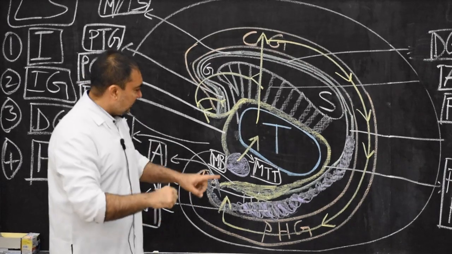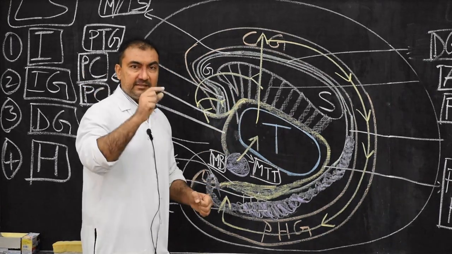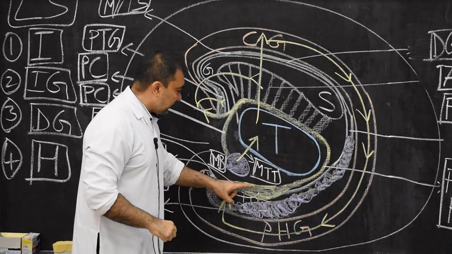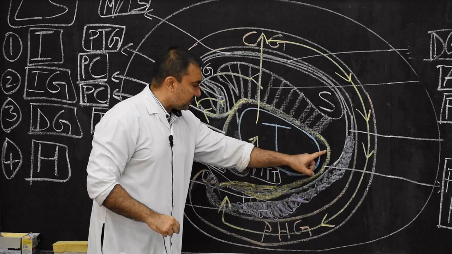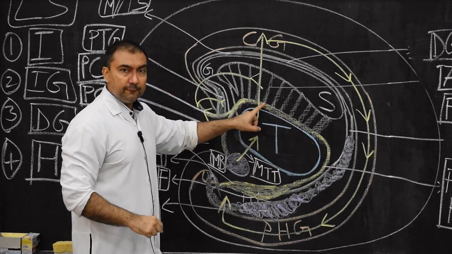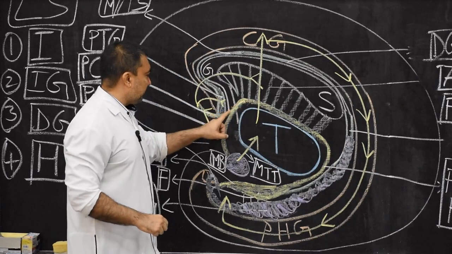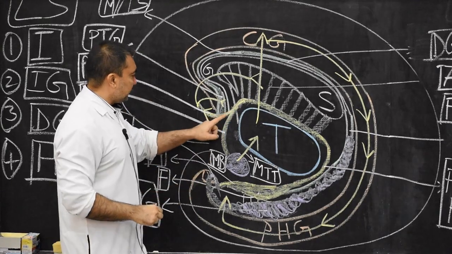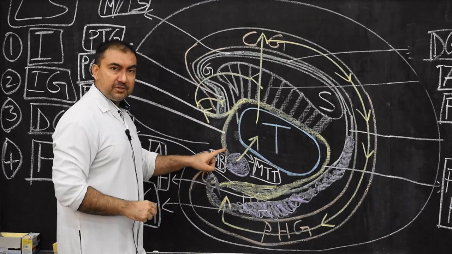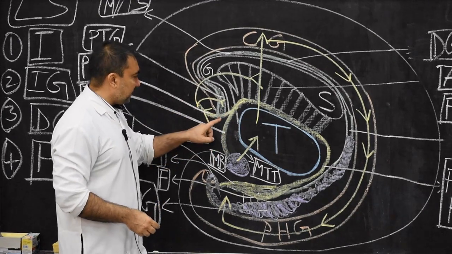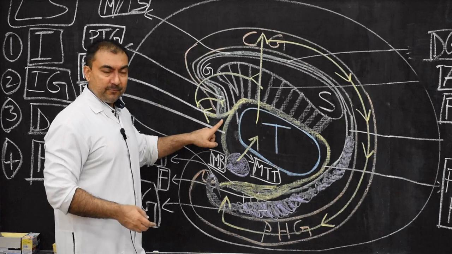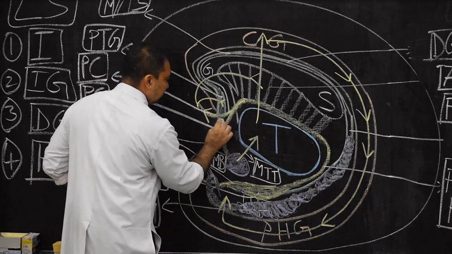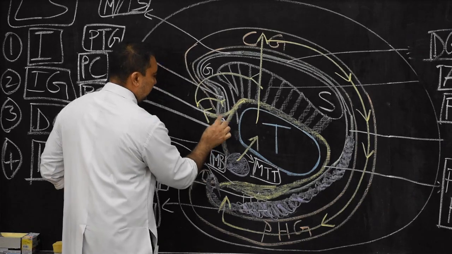Once again, the fornix system, the fornices, or the efferent pathway of the hippocampus, starts with the alveus, continues as the fimbria, then continues as the posterior column of the fornix, then it will become the body of the fornix. The body of the fornix anteriorly will split into two parts, the two anterior columns of the fornix. Each anterior column of the fornix will split into precommissural and postcommissural fibers, because it will split in front of the anterior commissure. So here we can even draw the anterior commissure at this point. This will split into precommissural and postcommissural.